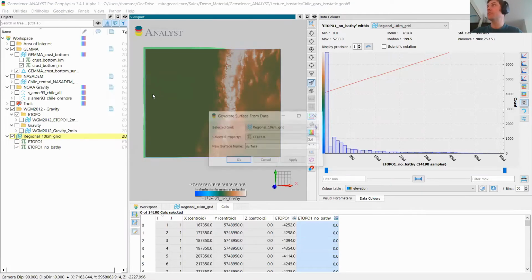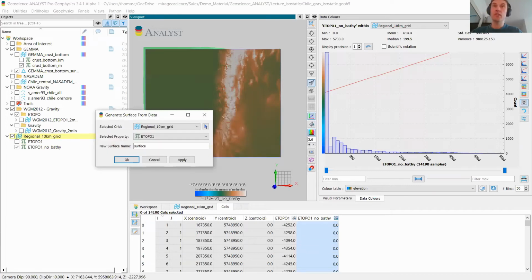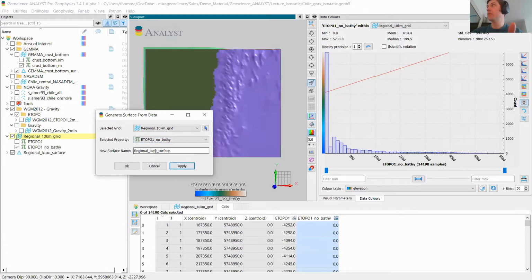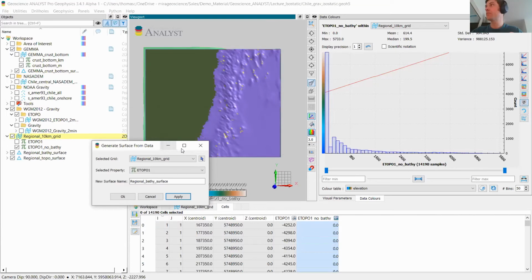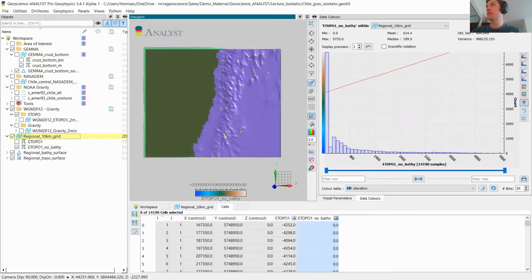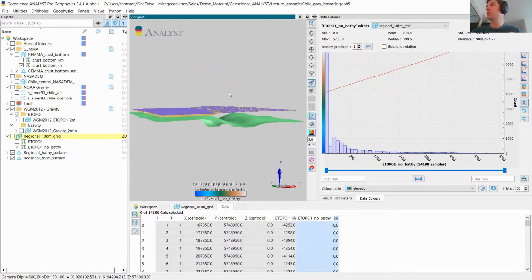I will create two surfaces here from this grid. So the first one will be the regional topography surface. And that would be the topo without the bathymetry. And I will create the regional bathymetry surface, which is just the topo one. All right, so now if I just remove the grid, we've got all the surfaces here